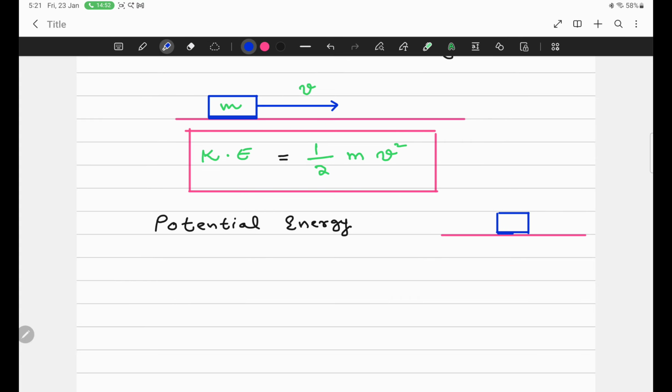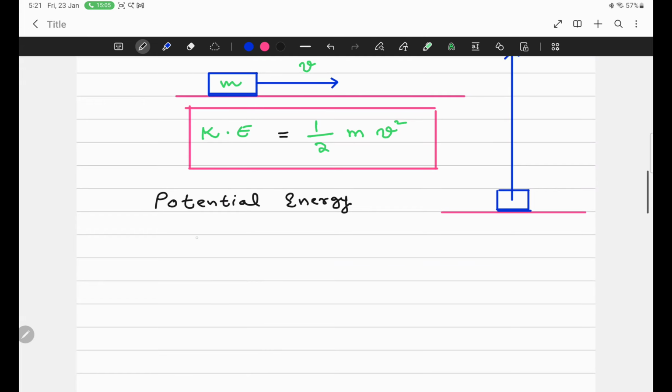If you lift this object in upward direction, then the energy of a body due to its height. When you are lifting an object, then obviously the object is moving in vertical direction